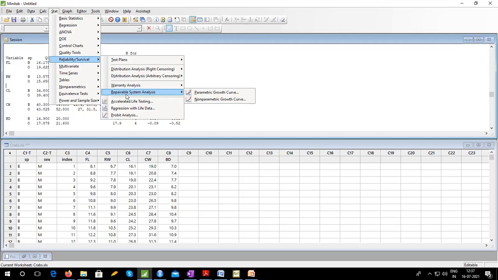So there are some electrical components which may have a life of say 60,000, 70,000 hours. So when you are manufacturing and you want to test the quality and see the failure rate, you can't actually wait for 60,000 or 70,000 hours. You can't spend this much time on testing.